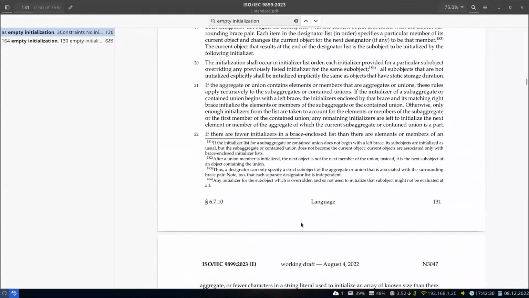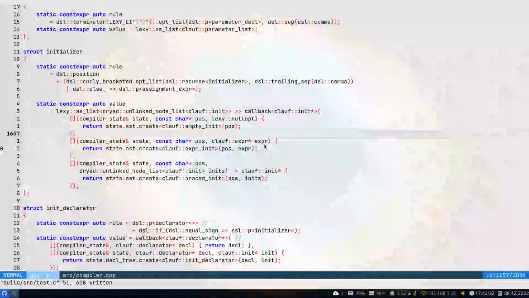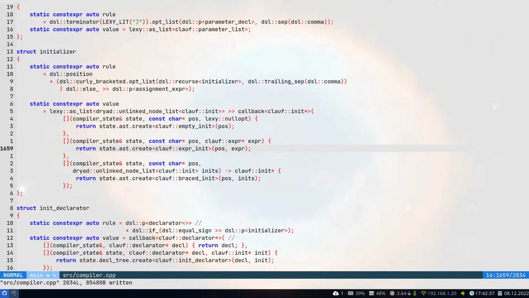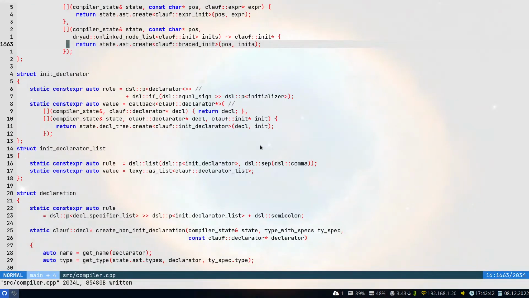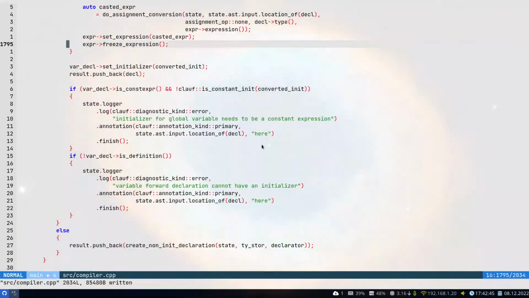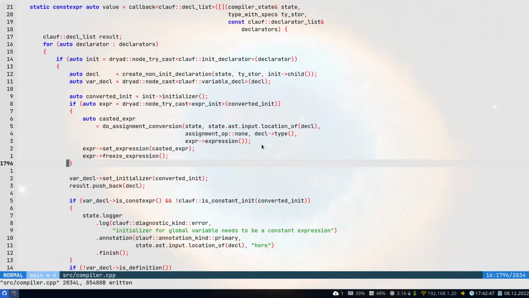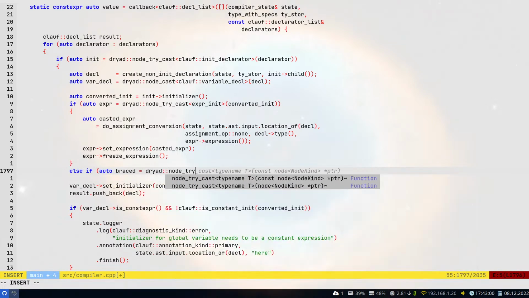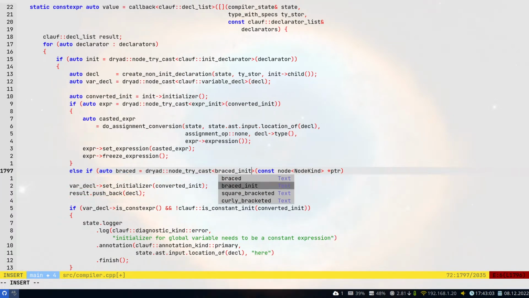Okay, then like the wording is too convoluted. I will just implement what I think is the correct behavior, which is to initialize the single thing with one thing. So this needs to be done when we create here where we do. So if we're having an expression init, then we can do a cast expression. Braced. So we're having a braced initializer consisting